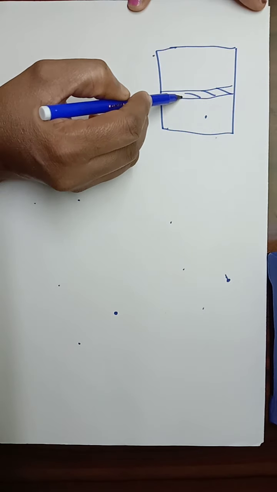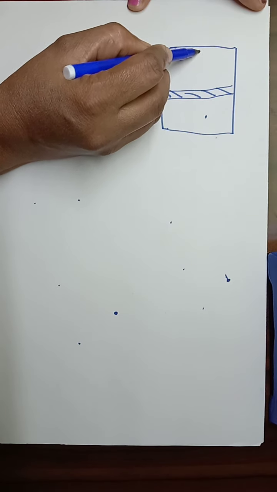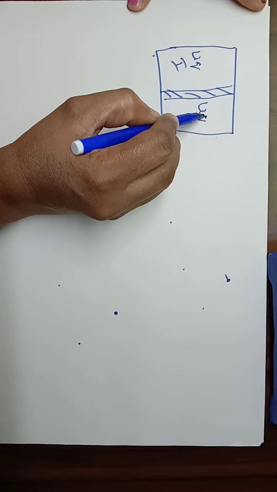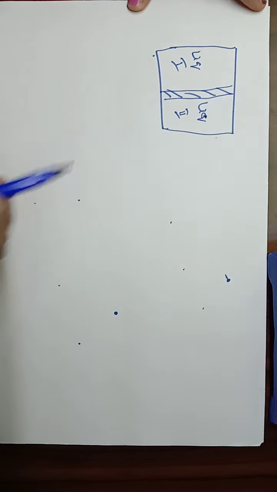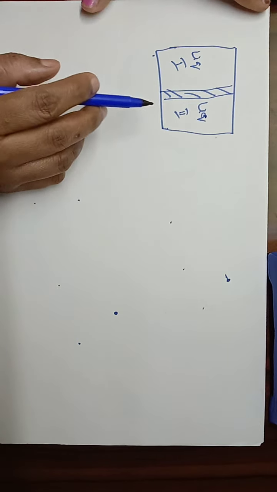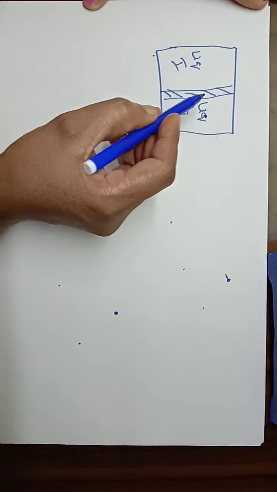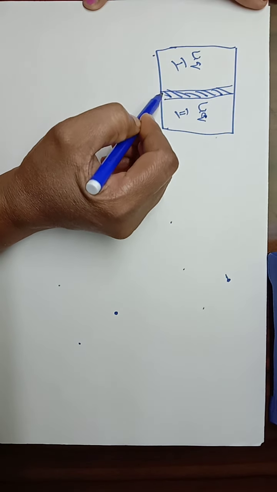Next, I will consider two liquids, and the two liquids are separated by a semi-permeable membrane, liquid 1 and liquid 2. So due to osmosis, movement of solvent particles from one liquid to another liquid takes place. That is according to osmosis. But here we have taken two liquids. Between these two there is a presence of semi-permeable membrane.